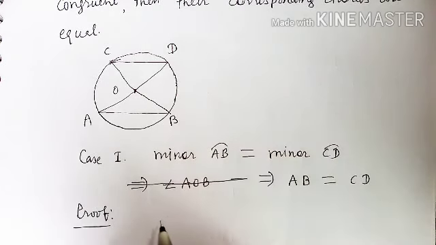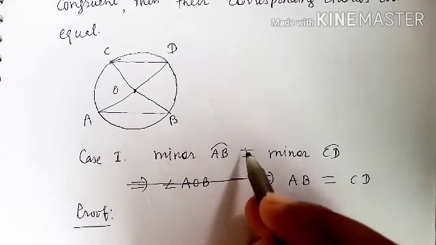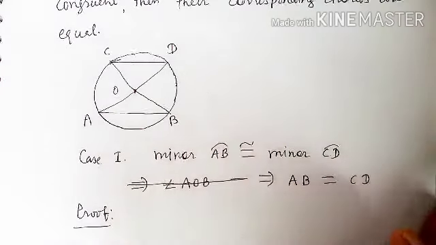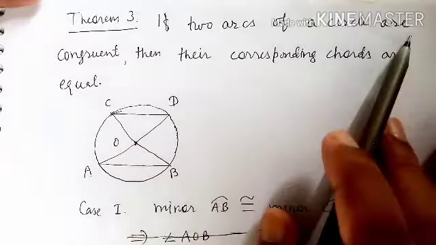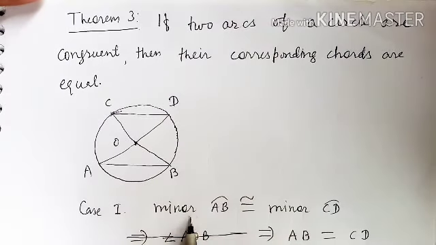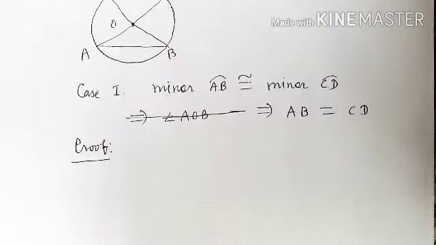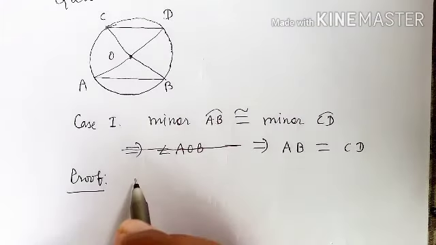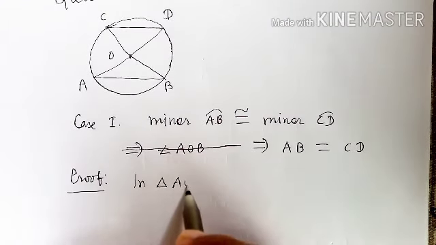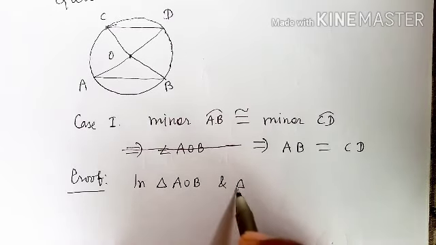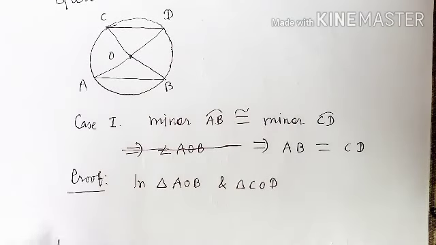We know that if two arcs of a circle are congruent, here minor arc AB is congruent to minor arc CD. So in triangle AOB and triangle COD, we can write